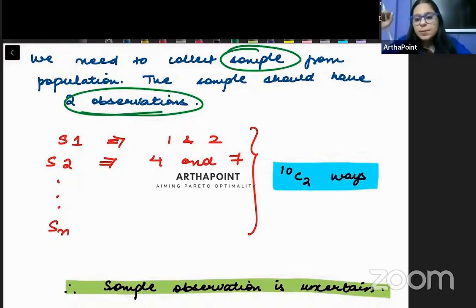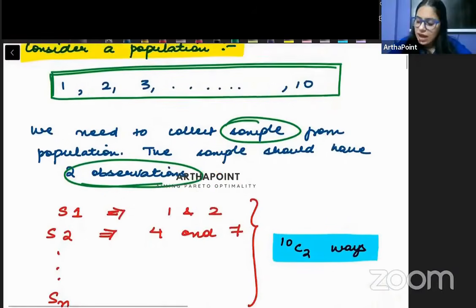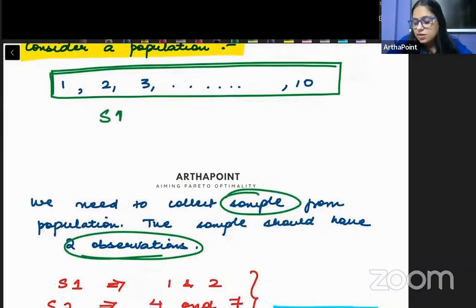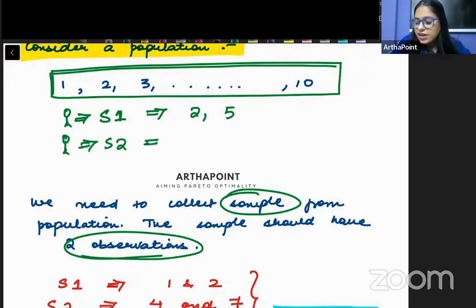So what will you do? Beta, you can create a sample in multiple ways. Suppose there are different students. I told student 1, okay, tell me what the sample will be, and student 1 chose observation number 2 and observation number 5 out of these 10 observations. Maybe student number 2 chose observation number 3 and observation number 7. So basically different students can choose different observations. I told them to choose 2 observations from the whole population. They can choose any 2 observations.